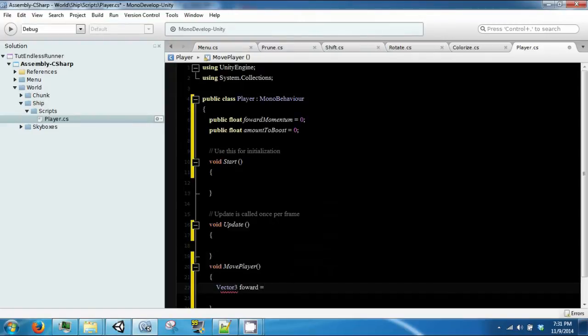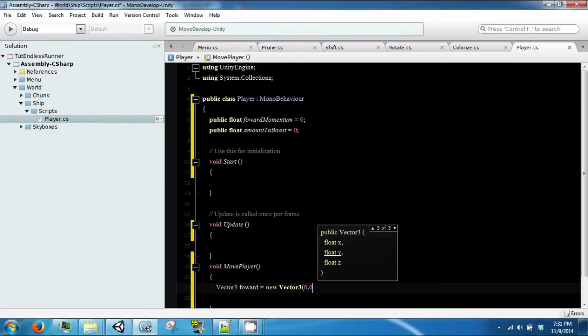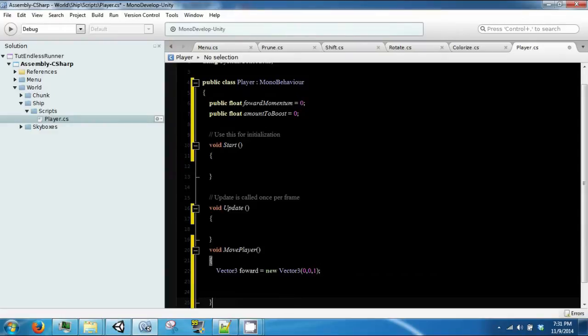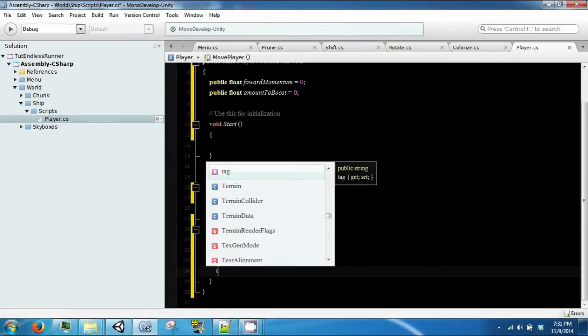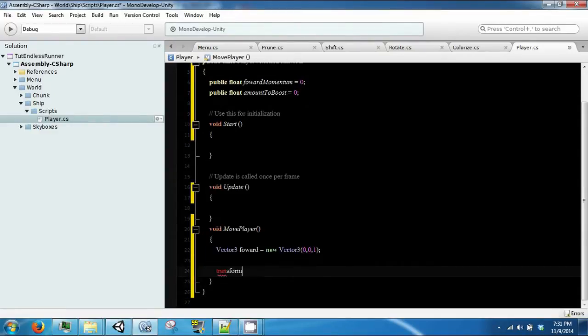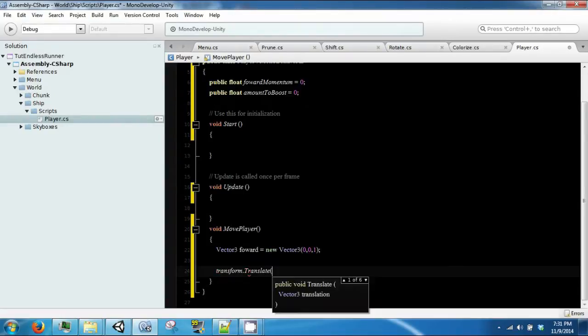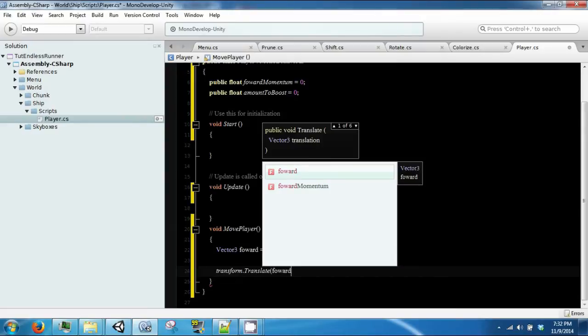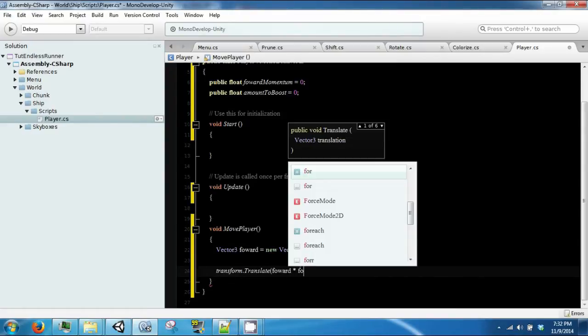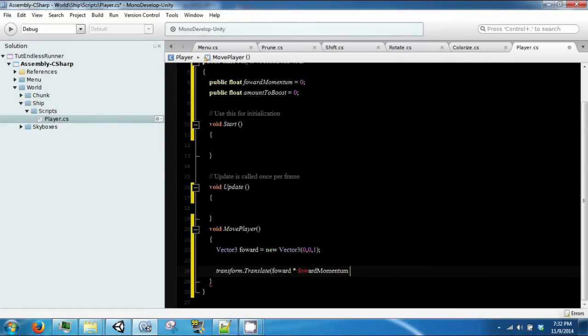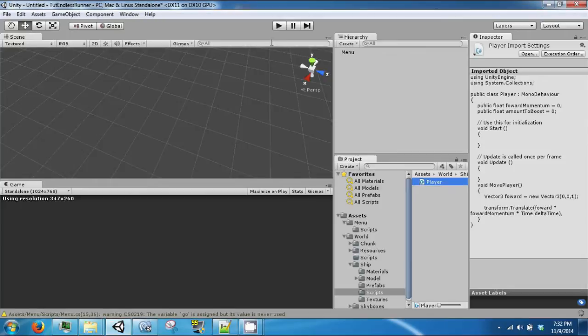We're going to go ahead and make a forward vector 0, 0, 1, and then near the bottom we want transform dot translate our forward times our forward momentum times time dot delta time. Okay,